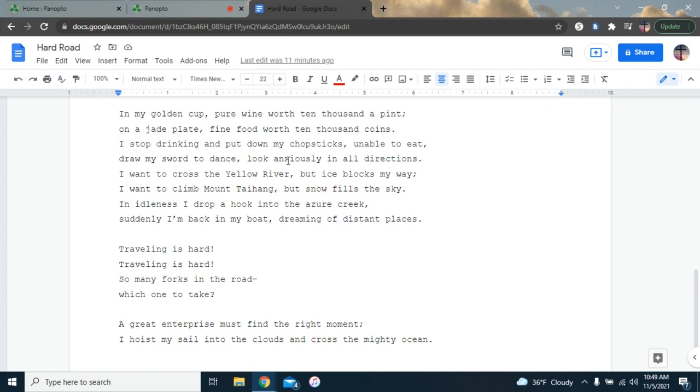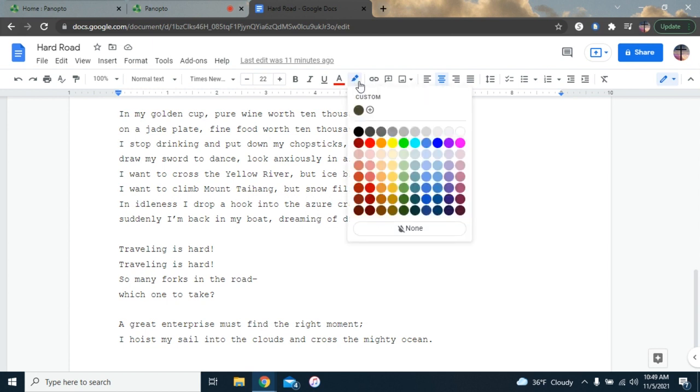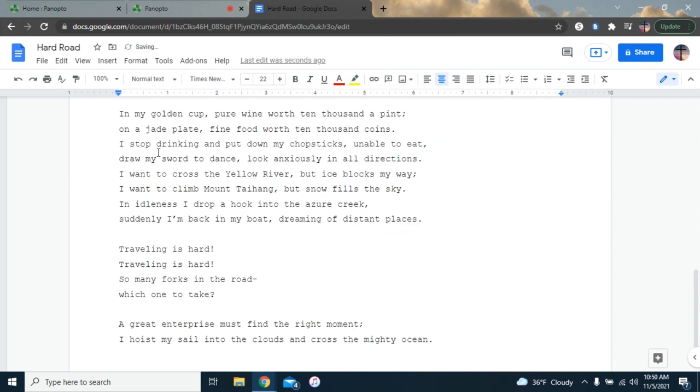And so the first device that we're going to look for within this poem is imagery, because this poem is kind of just filled with it. Almost every line has imagery within it. And so you should have a copy of this on your Google Drive, on your Google Docs. In order to annotate in Google Docs, it's a little bit harder to write, but it's pretty easy to highlight things. So with the yellow highlight, you can use any color that you want. We're going to start by highlighting imagery within the poem.